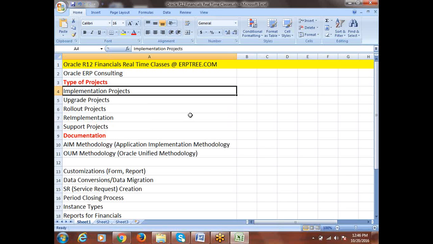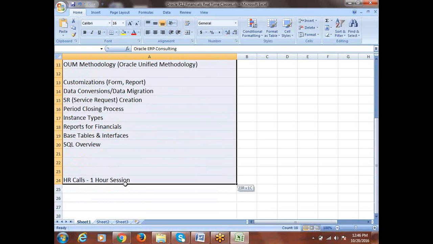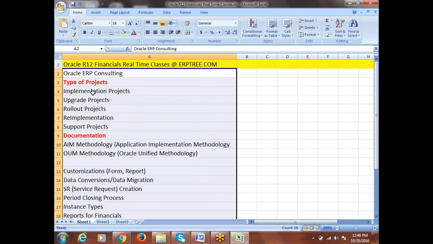When I talk about implementation, we'll understand how the kickoff meeting will start, how to take the requirement, and how to prepare the requirement documents. I'll just brief at a high level. Out of all these, what we are going to learn is the insight, not the detail level; I'll talk about it at a high level here.